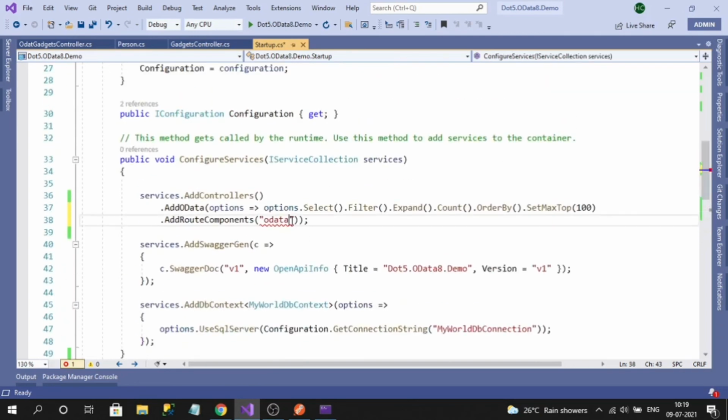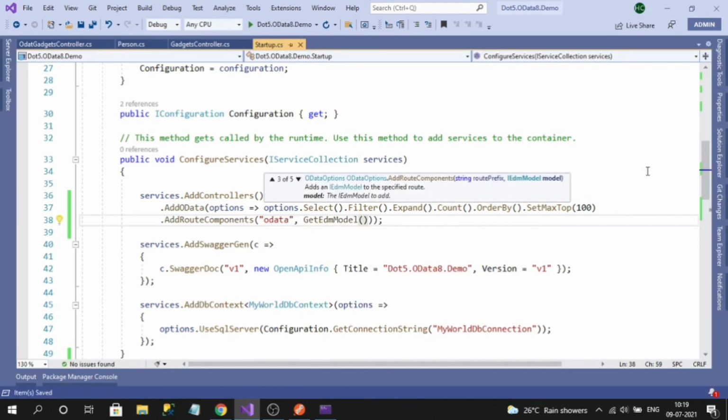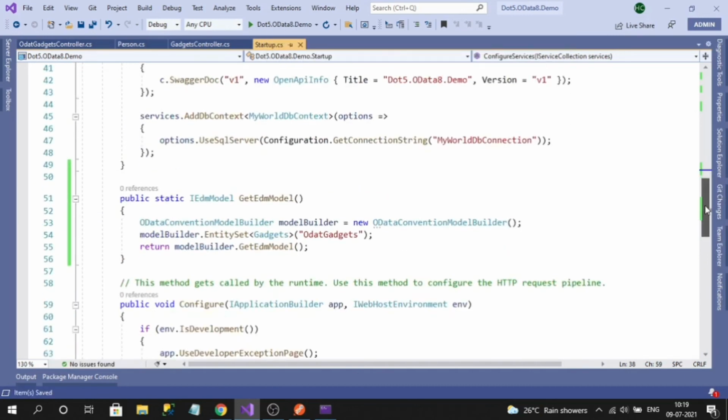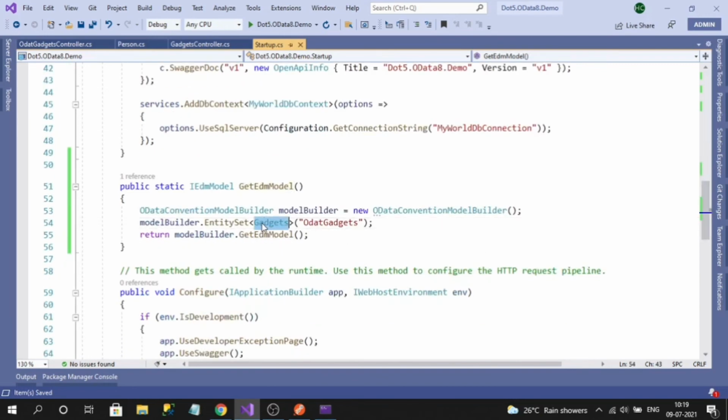So here we need to register, with a comma, the get EDM model. Okay, I registered my model. Like this, in the route component we register our get EDM model and my gadget set is registered.